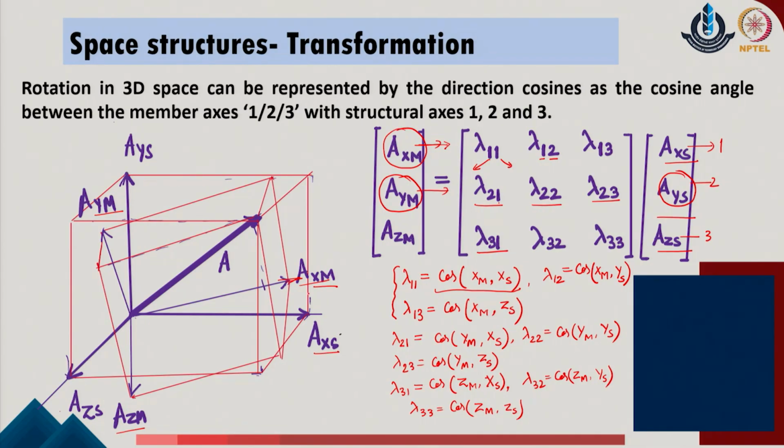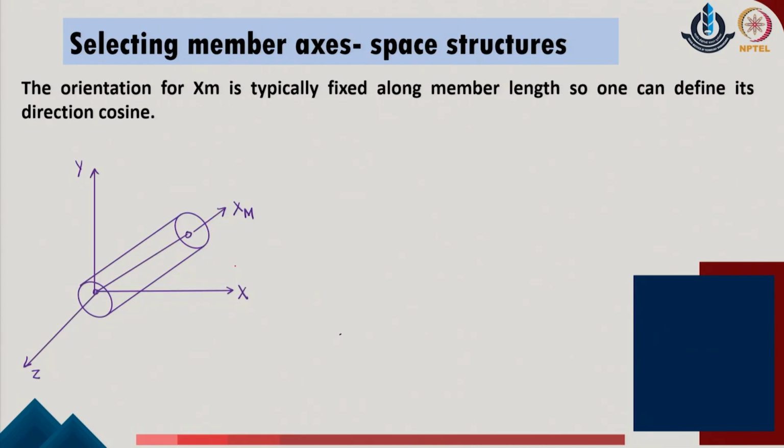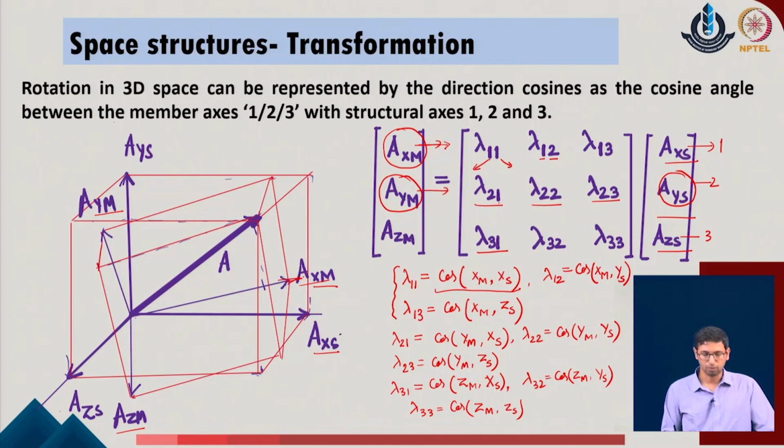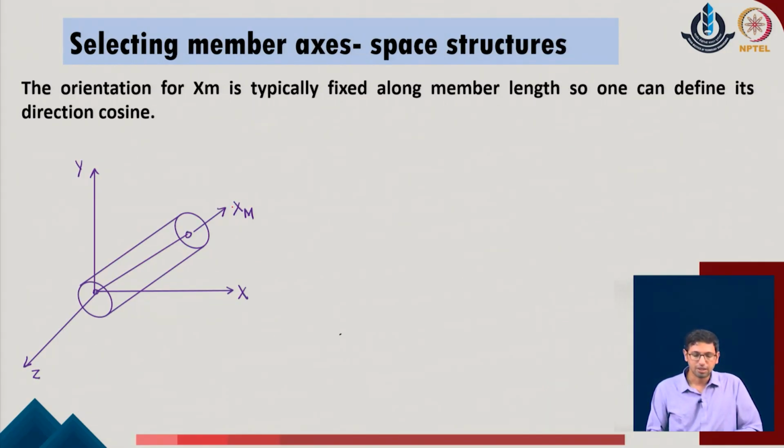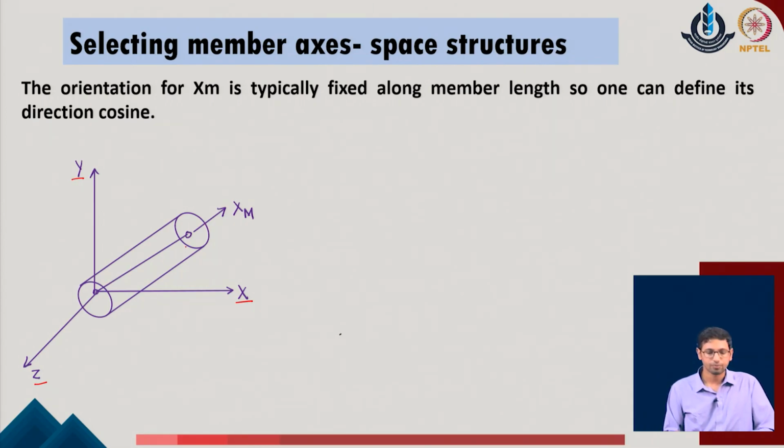Now, with this idea in mind, we realize that for a given problem where the structural member axis is along the direction of the member, which means that in the previous part of the problem, the axis xm is considered along the length of the given member itself, then at least one thing we are able to fix, and that is the member axis is located in a fixed orientation with respect to the axes x, y and z. So, if x, y and z happen to be the global axes of the system, the user can easily identify the individual cosine angles of the given member coordinate with the original directions of x, y and z of the given system.